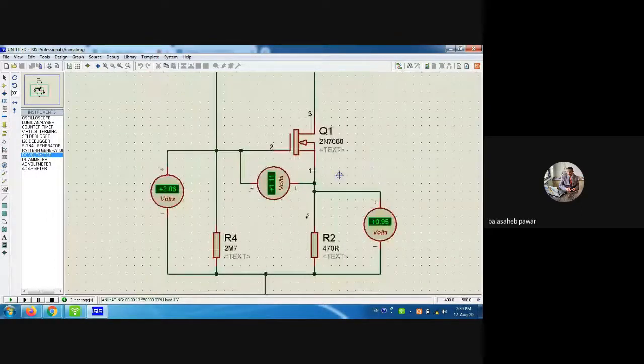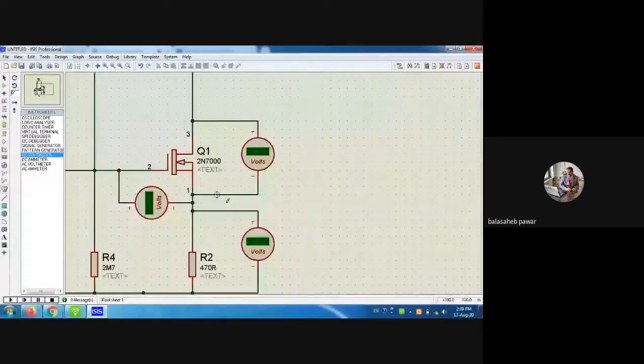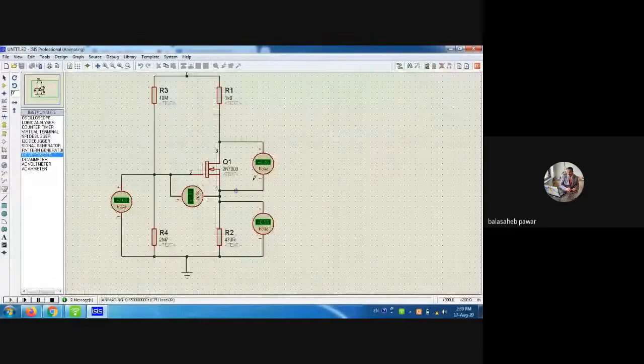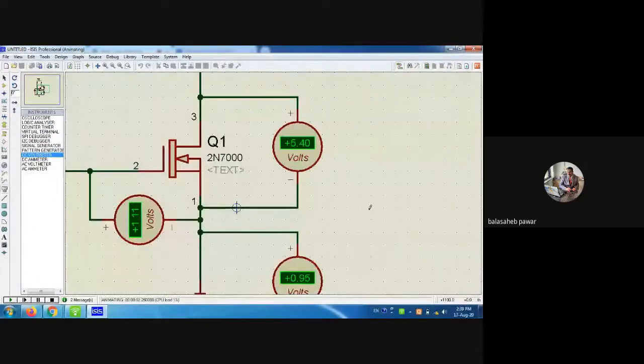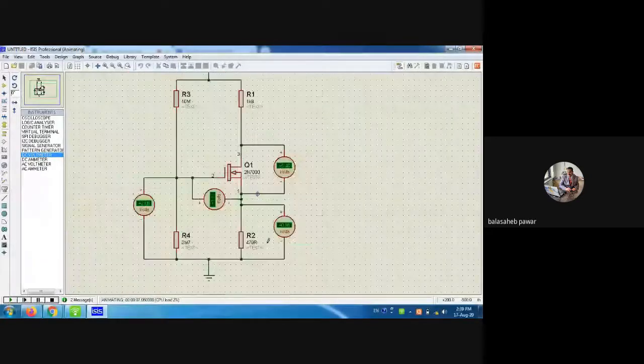And again one more voltmeter I will connect. Already we've seen it, but still I have to show it. That is voltage at the drain with respect to source, and it should be half of VDD. That's why we are getting it as 5.40. Are you getting it? So whatever considerations we took for the design, the same values we achieved practically.